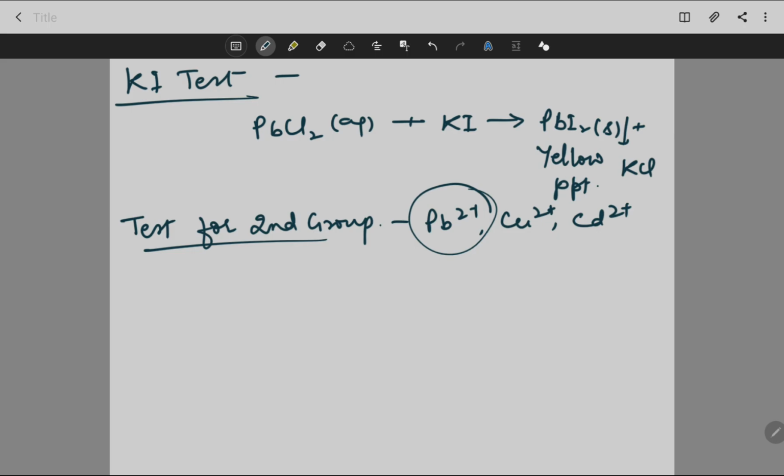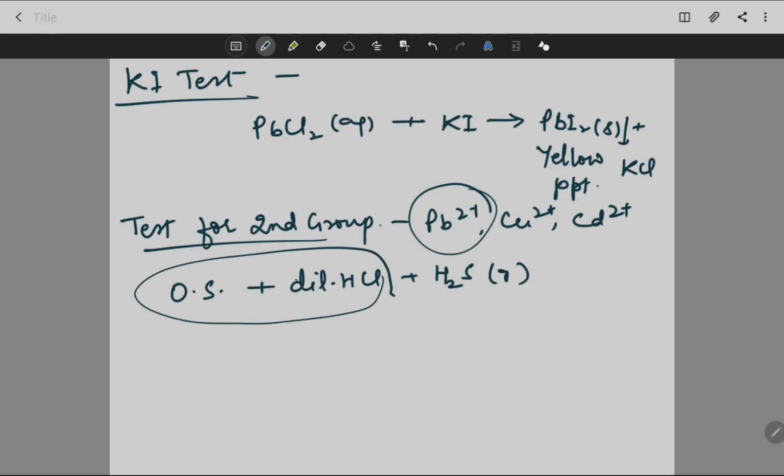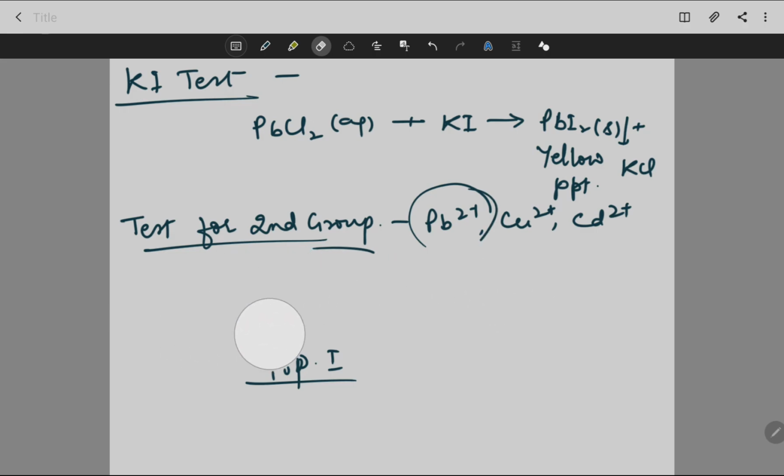So how do we proceed for this? We take the original solution. To the original solution we add dilute HCl, and H2S gas is passed through it. So now let me tell you, this is our group 1 solution, in which we expected that white precipitate to be formed, but no white precipitate is there. So that is why, in place of writing this entire story, we may just write this also, that